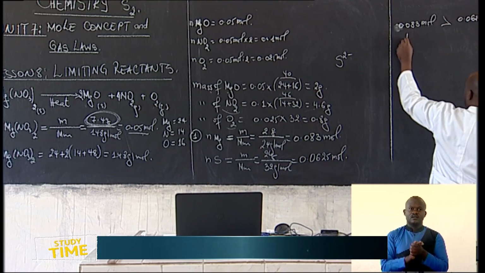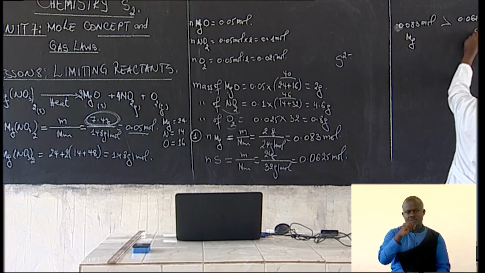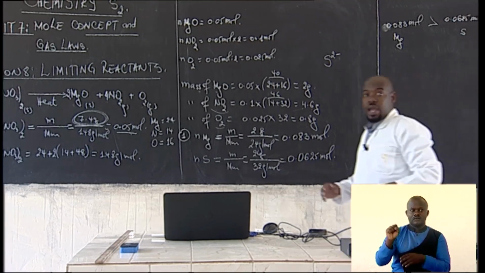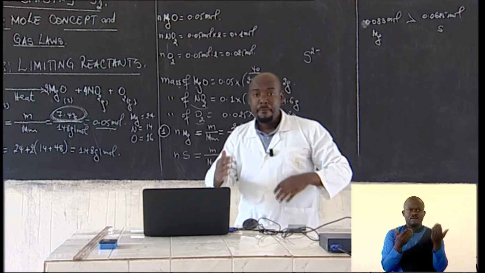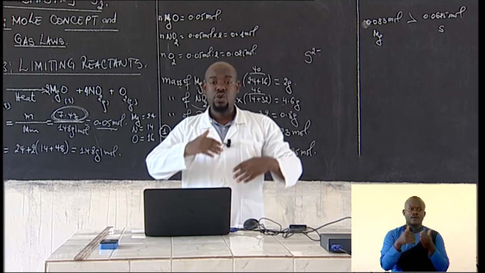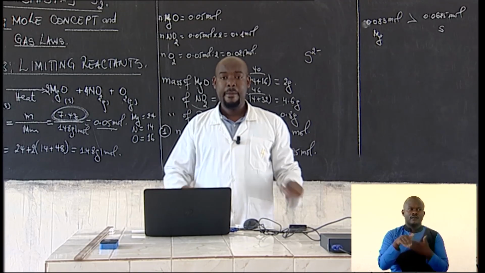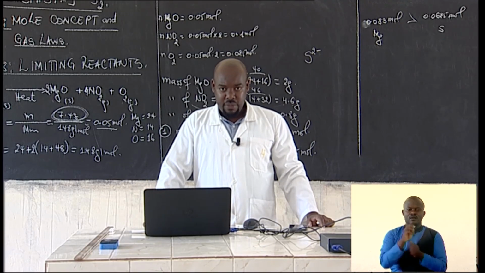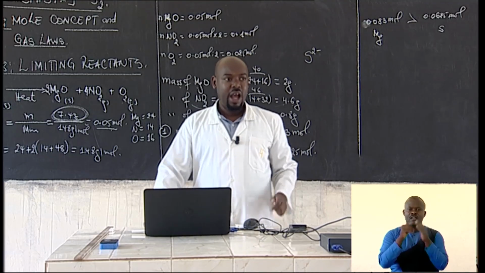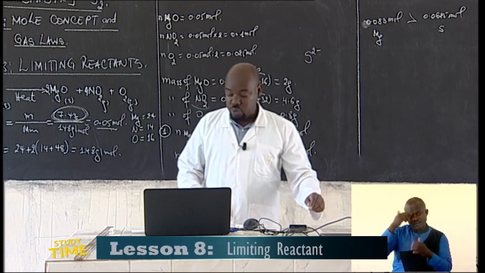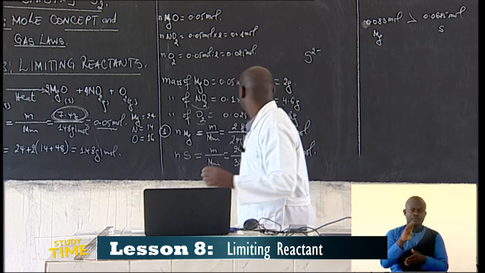So here it is for magnesium, and here it is for sulfur. So we have more particles of magnesium than sulfur. And remember, from our balanced equation,